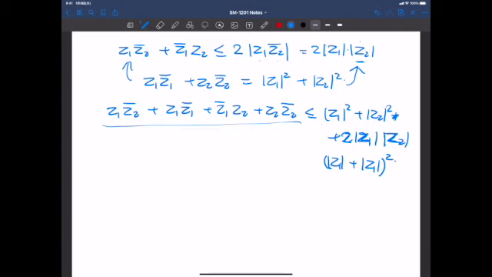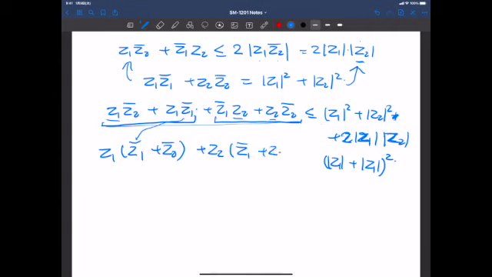Okay, let's factorize this. Factorize z1 out from here. That becomes z1 bar plus z2 bar, and from here factorize z2 out, so z2 and z1 bar plus z2 bar. Then these factors are the same, so we can factorize them, and we have z1 plus z2 times z1 bar